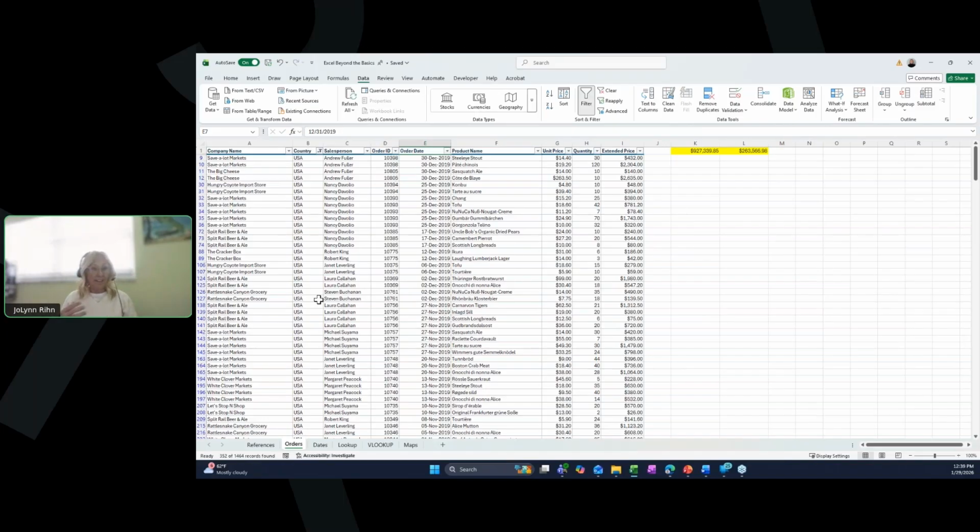Now that's all great and everything, but sometimes I need to take that a little bit further, and I want to see the subtotal for all of the different countries. I don't want to have a different subtotal with a different filtered range. Instead, I would want to do a pivot table. That would be a much smarter way to work with your data. So I'm going to clear this filter,